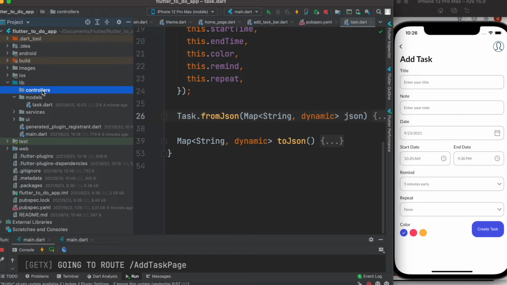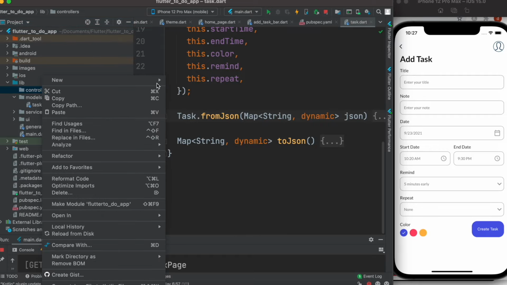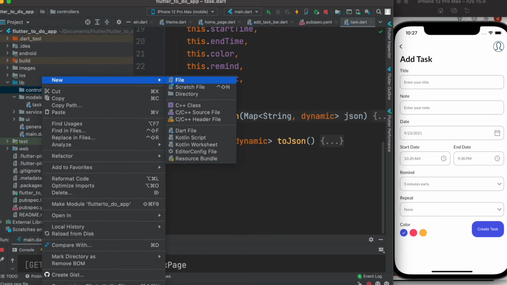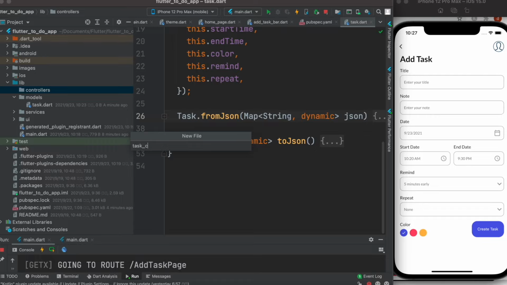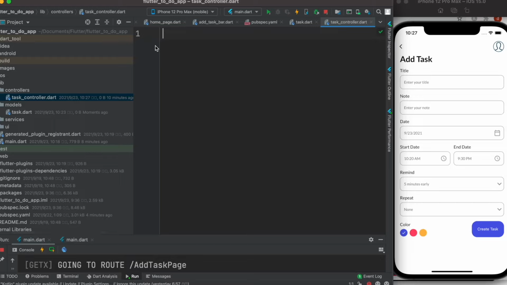They are connected. Anyway, so now here we'll create a new file, and we'll call it taskcontroller.dart. Over here we'll do some complex operation, but for now it won't be that complex. Very simple though. Now we'll create a new class here, and we'll call it TaskController, which extends